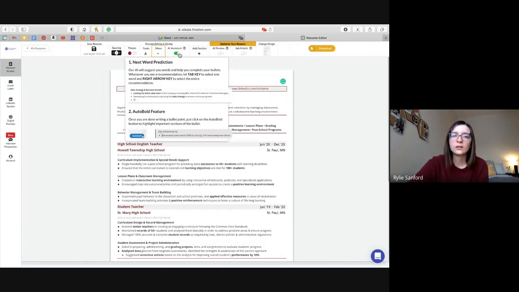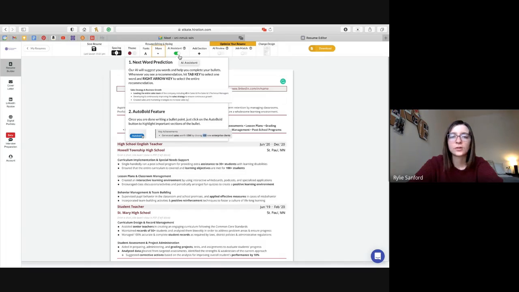A really cool feature that we have on here is called the AI assistant, and there are two steps to this. It has the next word prediction, which means when you're typing a sentence, it predicts the rest of the sentence. If it sounds good to you, you can keep that or keep writing your own, whatever works best for you.